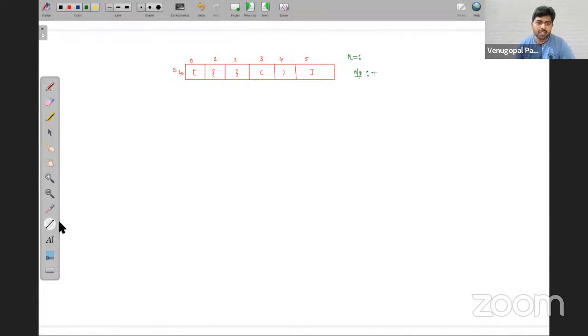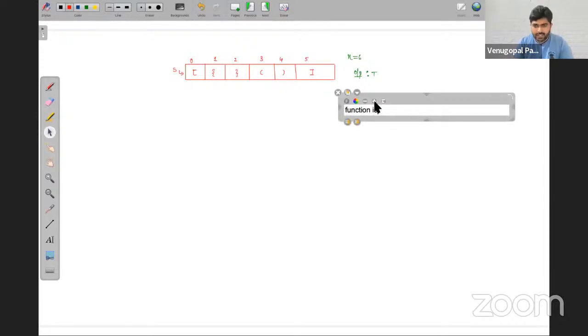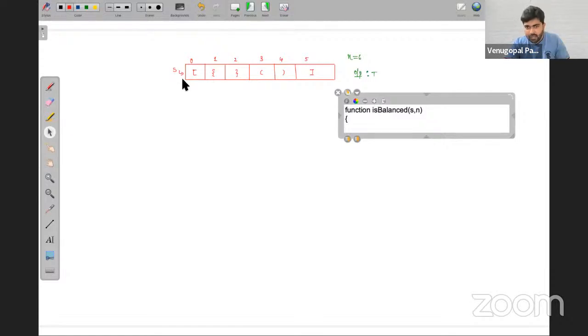So how can we solve this with the help of a stack? Very simple. On the left hand side, I will write an algorithm. Function isBalanced, which will take X and size n. X is nothing but an expression array. First I am going to take st, one stack of characters, friends. Again, I'm writing an algorithm only, not code. It is not related to any programming language. So just assume a stack. It's a normal kind of algorithm.